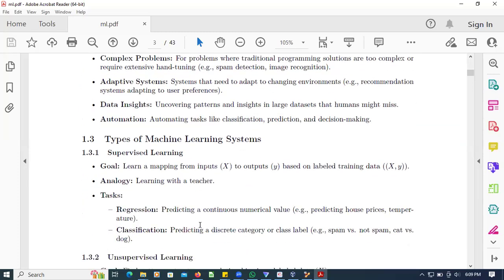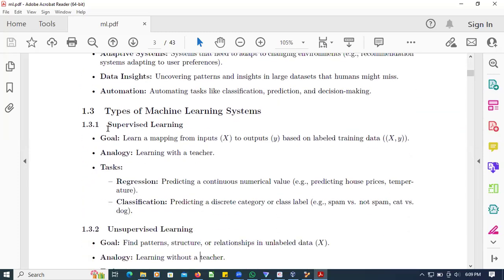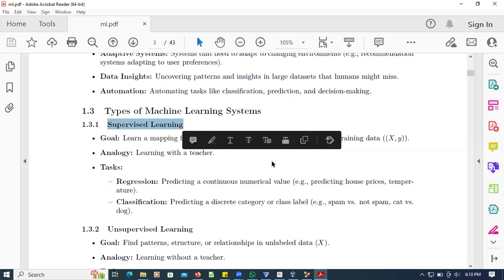Okay, so there are three main types of machine learning. One is supervised learning. In supervised learning, what happens is,